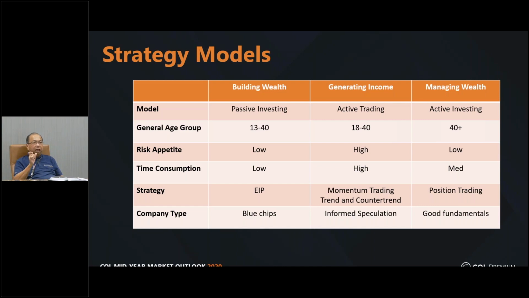Now, in generating income, this is active trading. What we did was we put 18 as the minimum age that you can start learning how to do it properly. The problem is the risk appetite is very, very high. Time consumption is also very, very high. And you have to use what we call the trading strategy, which is momentum or trend trading. In the Philippines, we include counter trend trading. Counter trading is all about capitulation and then when it's supposed to be reversing. Company type can include informed speculation. Okay, in closing, let me show you,